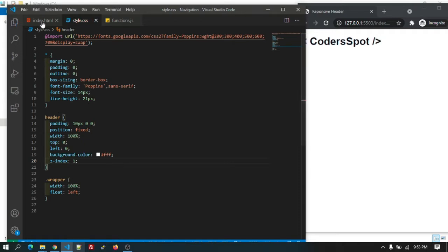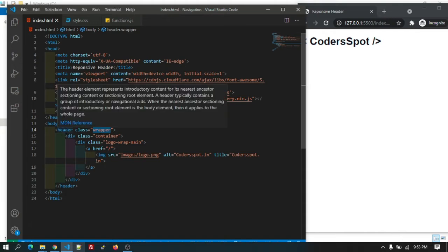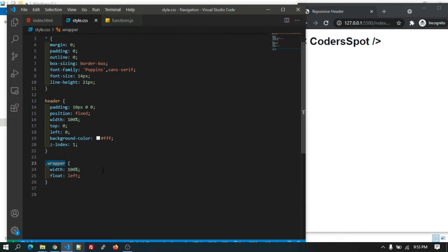So we have added the CSS to the header tag, as well as we have assigned one class to the header tag, wrapper. We have added the CSS to that also.